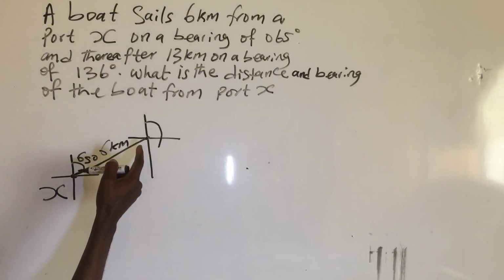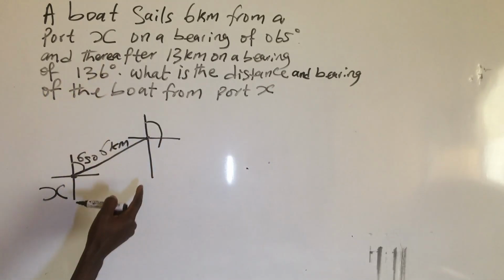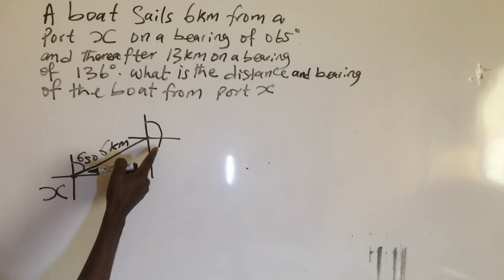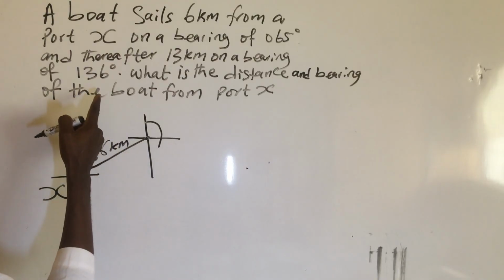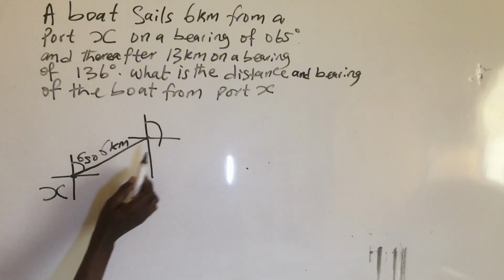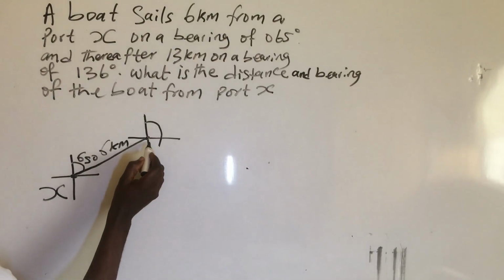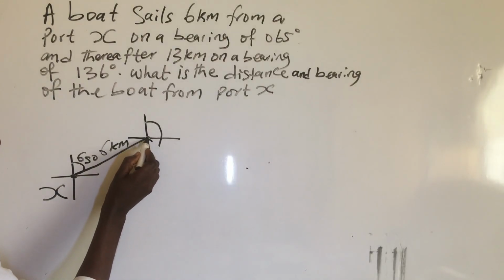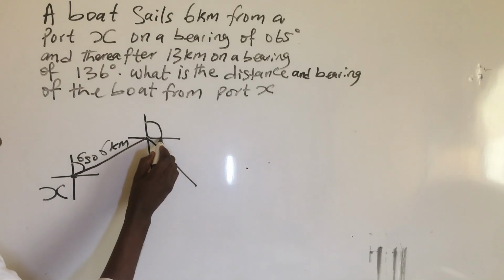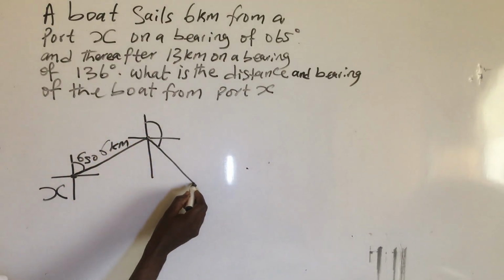So what will we get to complete this 90 to 136? 136 minus 90 remaining 46 degrees. So 46 degrees will be immediately after half of this quadrant, because half of this quadrant here is 45. So we move it to immediately after half of it, which is 136. So from here to here now is 136, and it moves